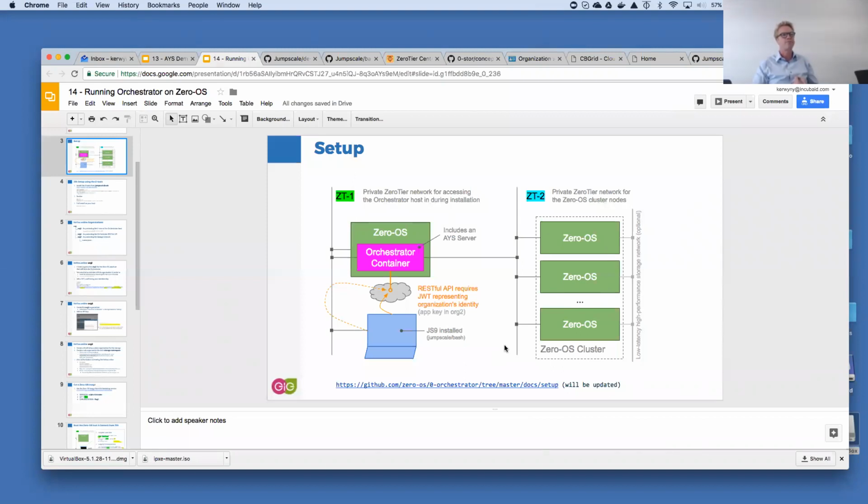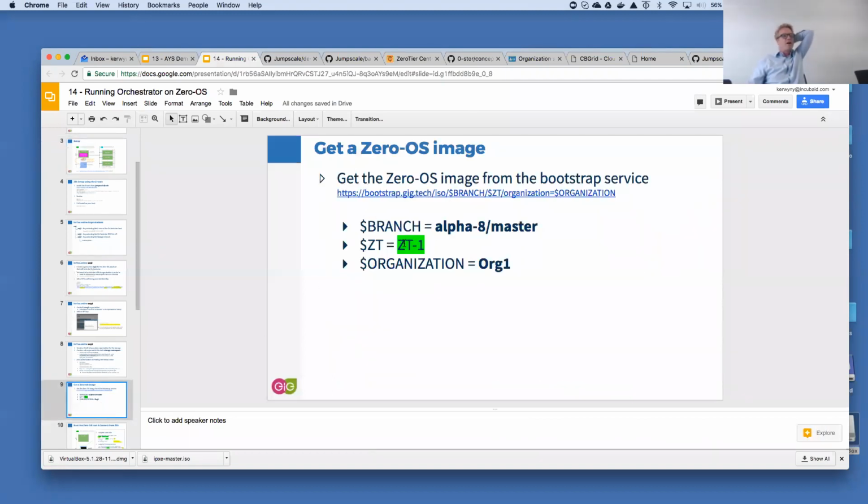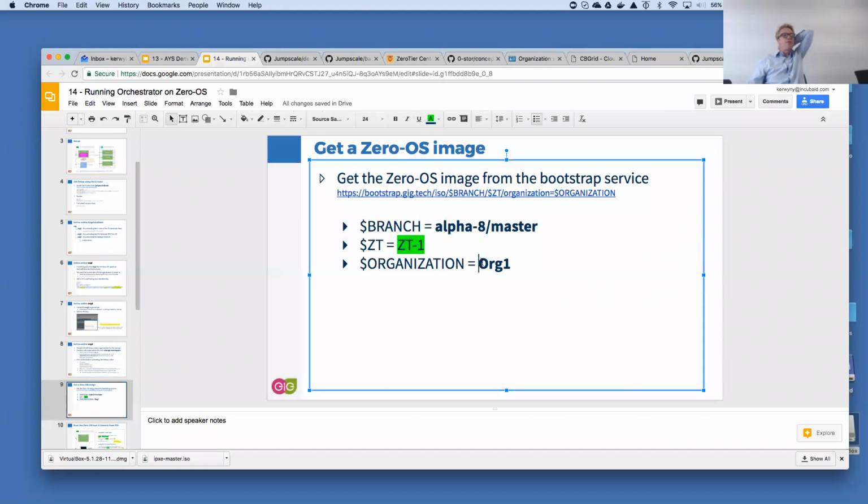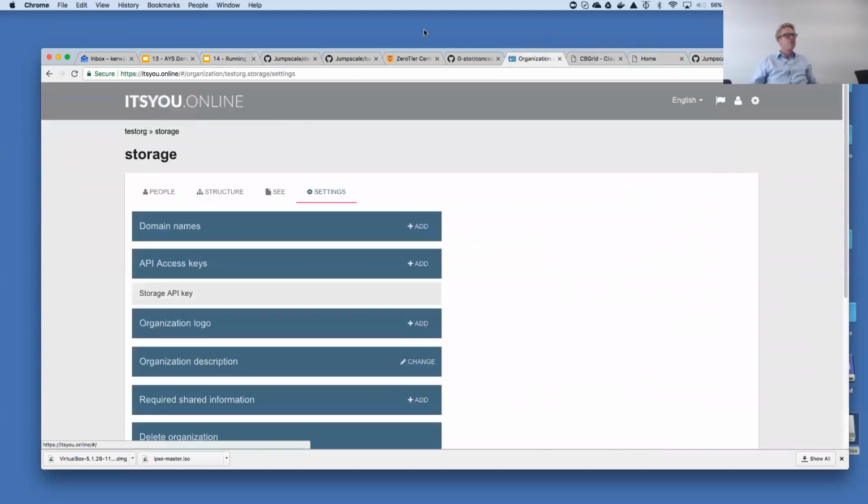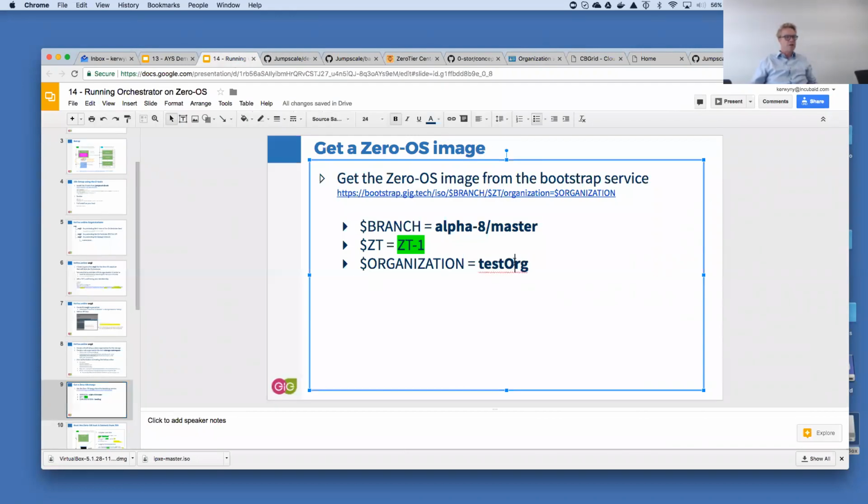Because by creating it, I need, of course, access to the network. So by creating on zero tier one, I need to specify zero tier one clearly, because otherwise I will never have access to this host from my client machine to do the actual installation. So going back here, you need to specify zero tier one, and again you need to specify the organization. Now in my case it's test org. Let me check for sure, because it should be matching like this. See, like that. So that's what I need to specify.